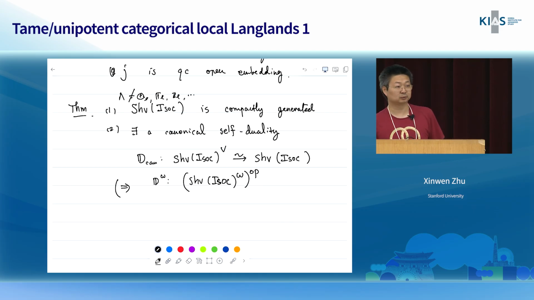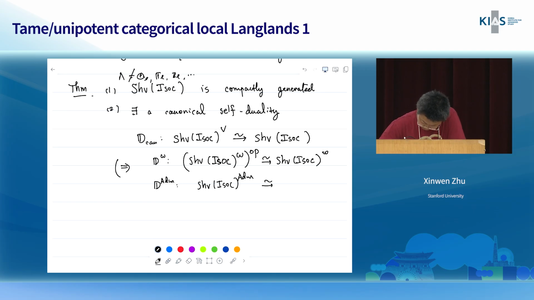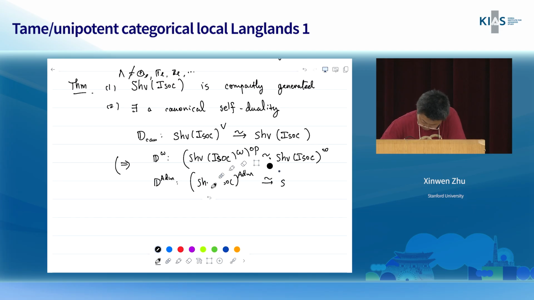If a category is compactly generated, then the compact objects of the dual category form the opposite category of the compact objects of the original category. It also automatically implies something, maybe I will talk about that later, very closely related to the admissible duality mentioned in a previous talk, from the so-called admissible subcategory to